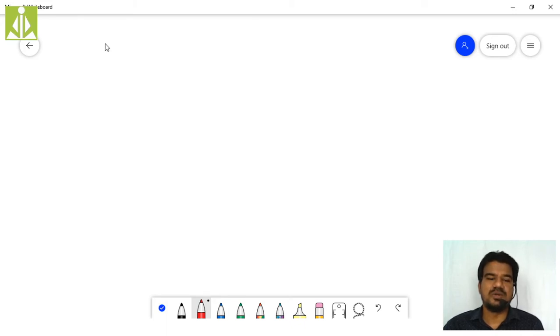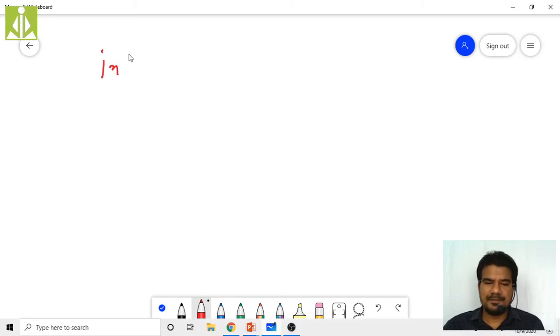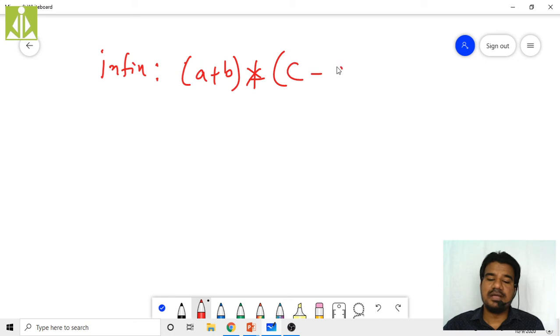No, it is not possible. Suppose I give an expression in infix form, something like a plus b multiplied with c minus d. Can we evaluate this expression as it is? No, it is not possible.